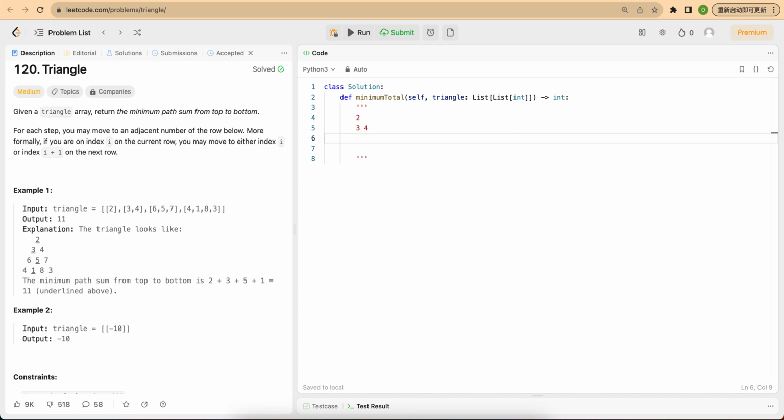Okay, let's see how our triangle looks. The next row will be 6, 5, and 7. The next row will be 4, 1, 8, and 3. So if we are here, we can move to this position and this position. If we are here, we can move to this position and this position. If we are here, we can only move to this position and this position. So my solution is we can monitor